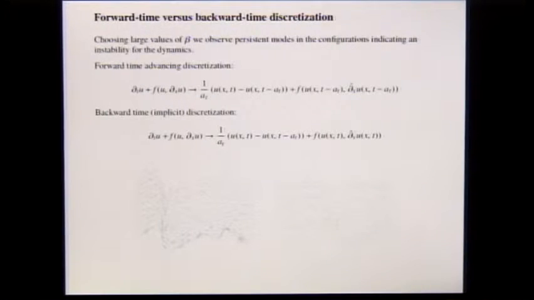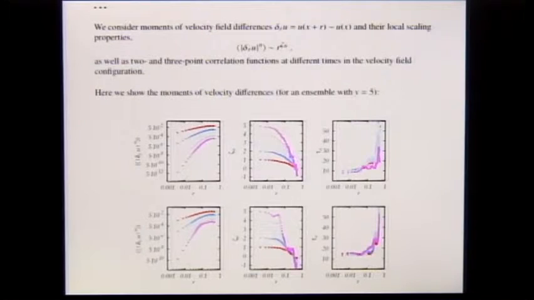All right. So just to illustrate what can go wrong, in the first examples, we chose a forward time advancing scheme for the Burgers equation, which takes this particular form. So d hat is just a discretized spatial derivative, versus a backward time implicit discretization. And of course, the change is obvious, right? So this is the backward time implicit scheme. This is the forward time scheme. You see these very strong spikes here where just energy is accumulated. And if your configuration would be long enough, you would see that these spikes just grow indefinitely. So you just have to take care that this is satisfied.